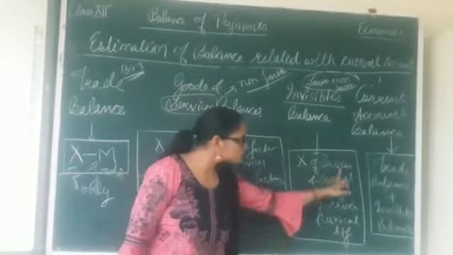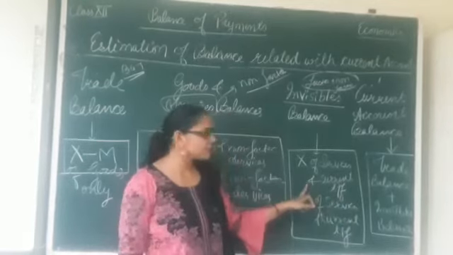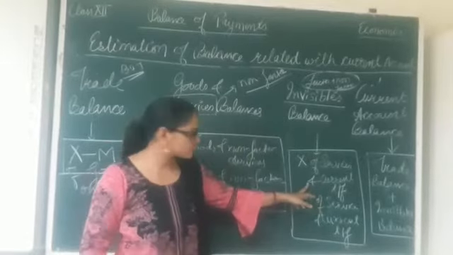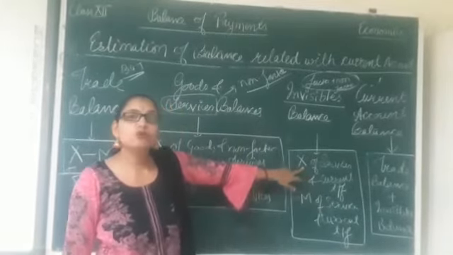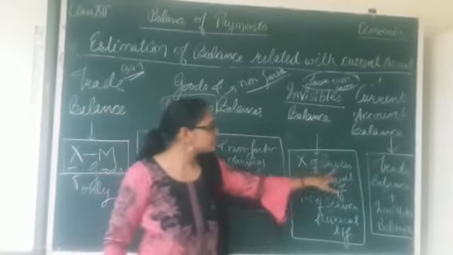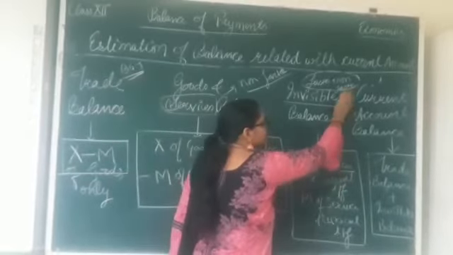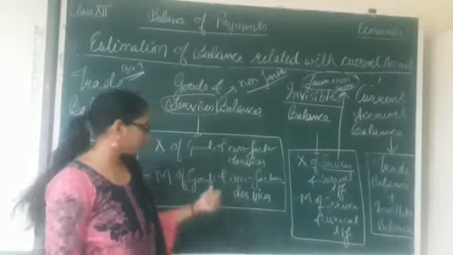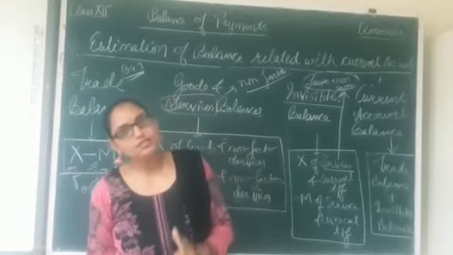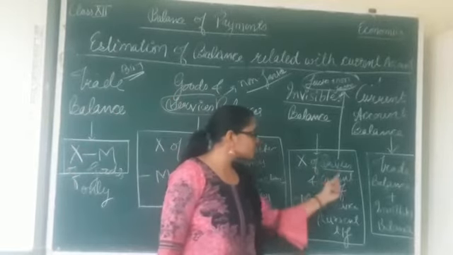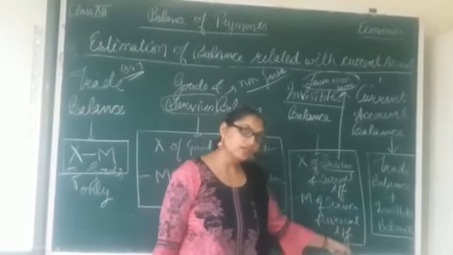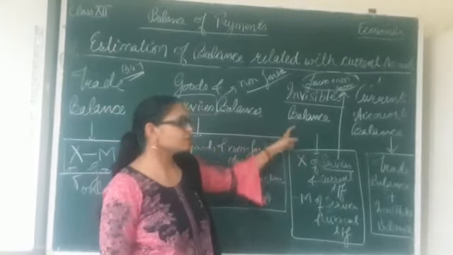So this is export of services plus current transfers, meaning whatever we are donating to the rest of the world, that is also here. Whatever we are receiving from the rest of the world as donation, that is recorded here. And whatever export of services we are doing, for which we are having the receipts, these are taken here. Clear? And these services include both factor and non-factor services. But earlier we took only non-factor services. Here we are taking both. So export of services plus current transfers minus import of services and current transfers. The difference between them is invisibles balance.